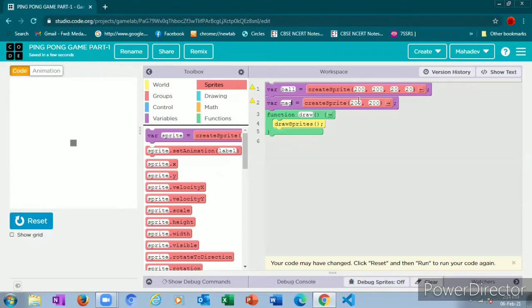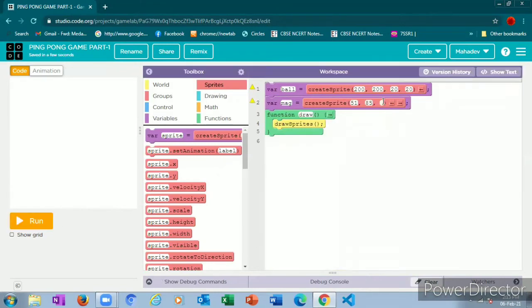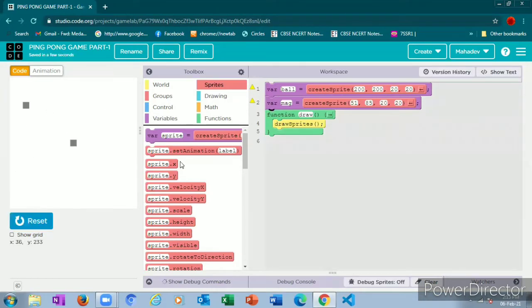For placing the ball there we must give 51 and 85. If we leave it like this, the ball will be very big, right? We are going to make the ball small by giving the width and the height. Observe that this is the width and this is the height. Don't get confused. See, here we created two balls, right?